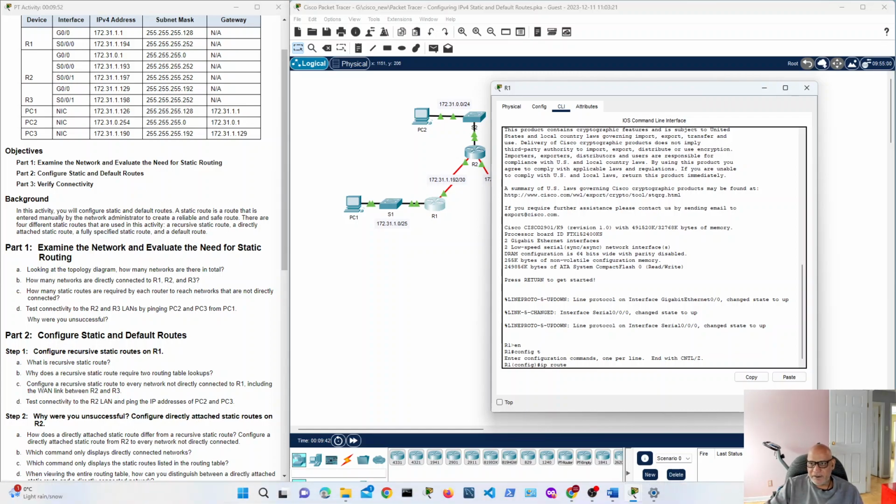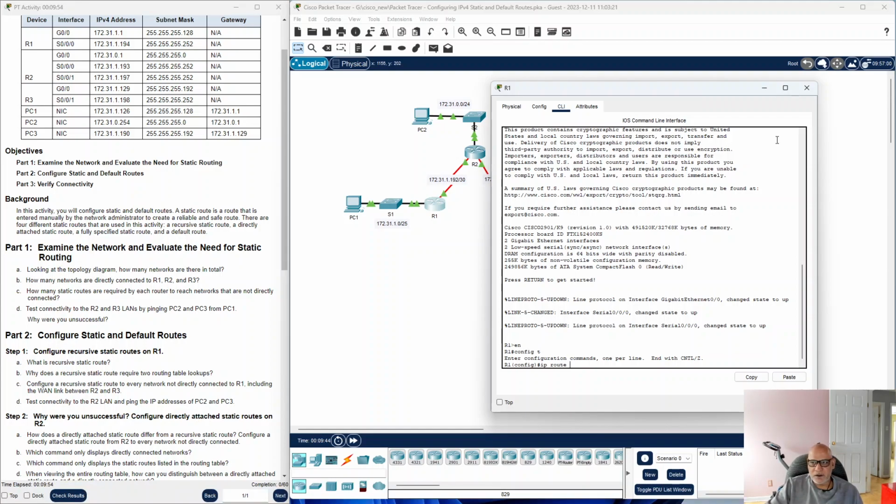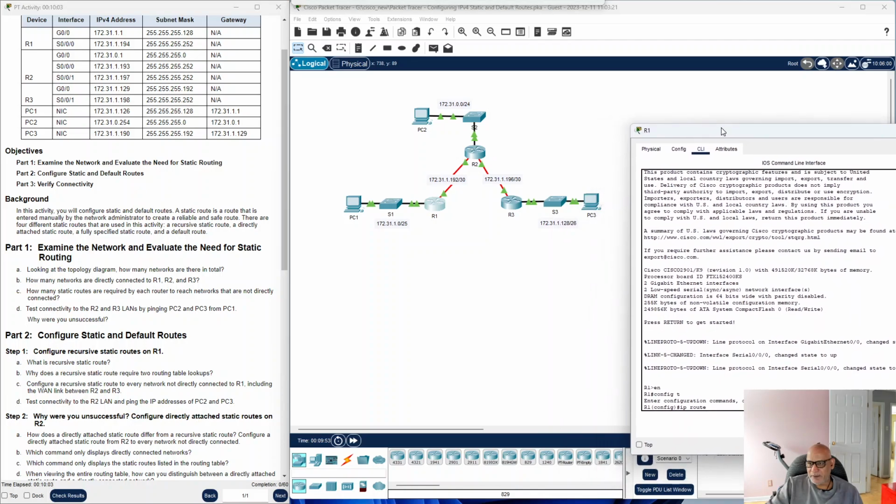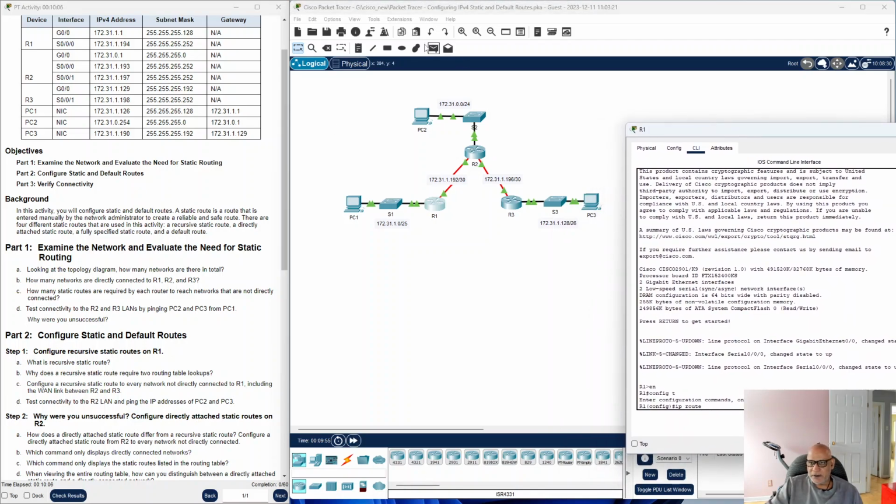Since we're configuring R1, all you have to do is look at the topology. Which networks are not directly connected to R1? One more time: 1, 2, and 3. We have to create 3 static routes one by one. The order is not important. You can start from either this one or this one. So let's start from